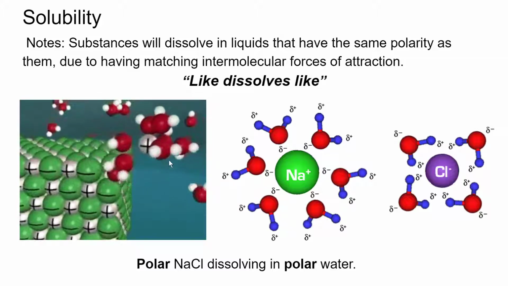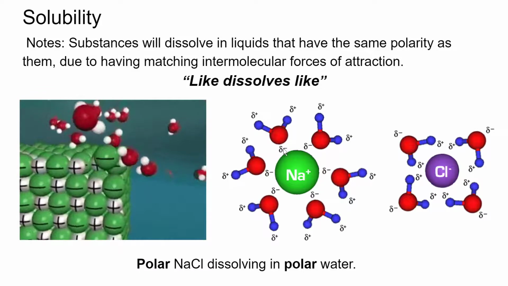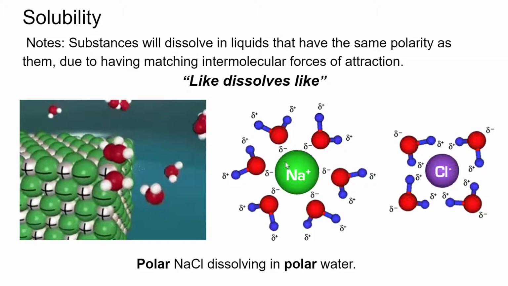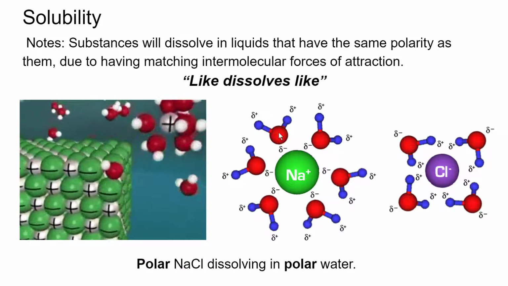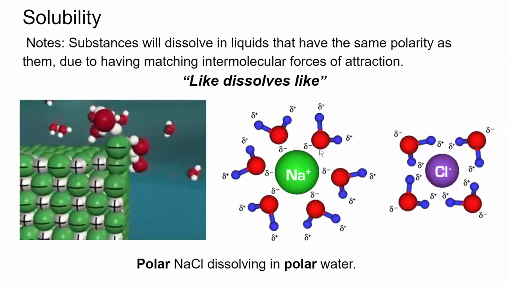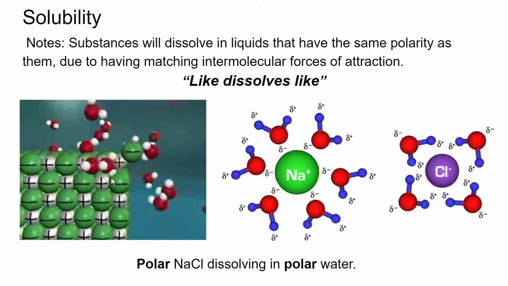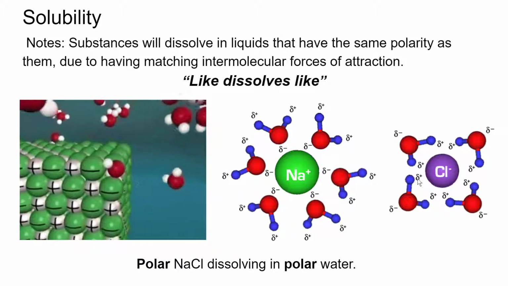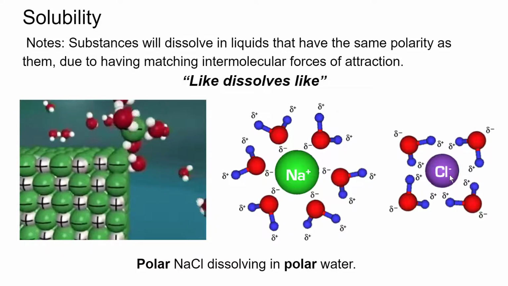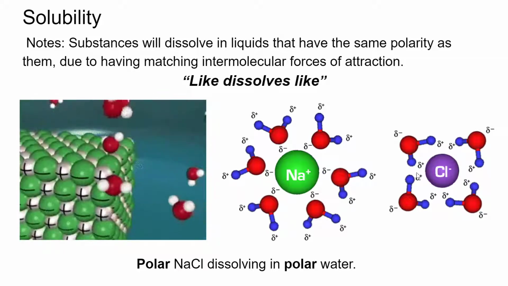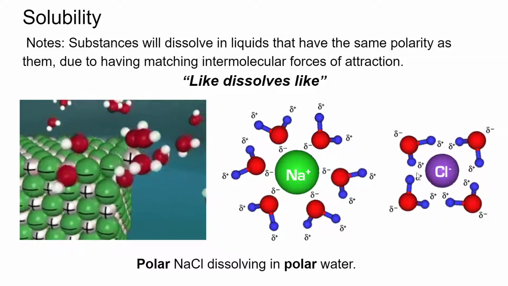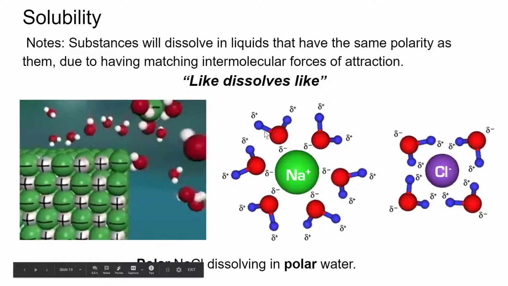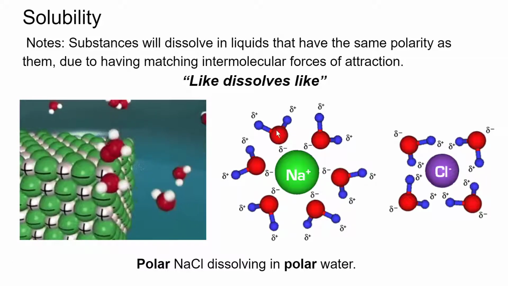Water, which is polar, because water has these negative charges on it and these positive charges on it, they surround the positive sodium atoms like this, with all of the water's negative charges lining up with the sodium, and they surround the anions like this, with all the positive charges on the water connecting with the chlorine. Make sure you understand this, because a very common exam question is to draw this, and you just have to draw something like this. Water molecules, which are these things with the hydrogens here and the oxygens here,